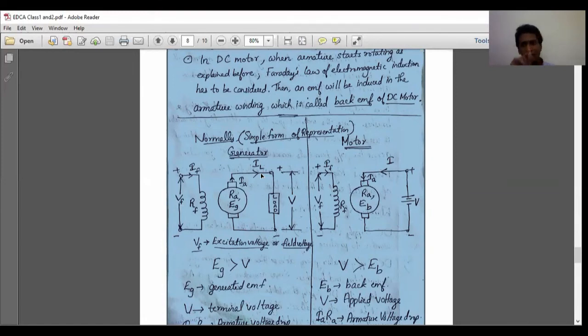Even if I switch on the socket also, will there be any current flowing outward? No. Only if I connect a load across that socket, then current flows through the load and goes back to the circuit, and the circuit will be completed. Clear? That is the case of current. If I connect a load here, then current will be flowing, and the voltage across the load is taken as V, and it is called terminal voltage.